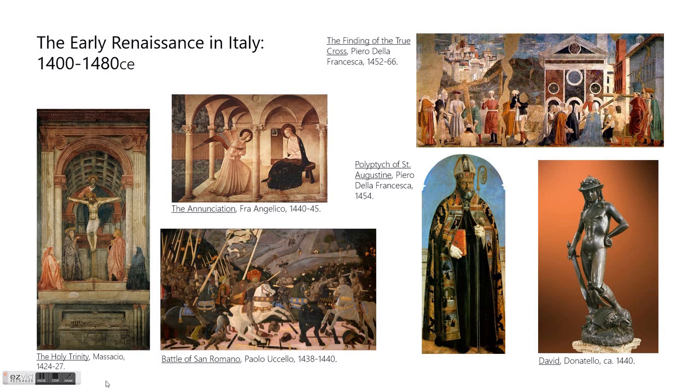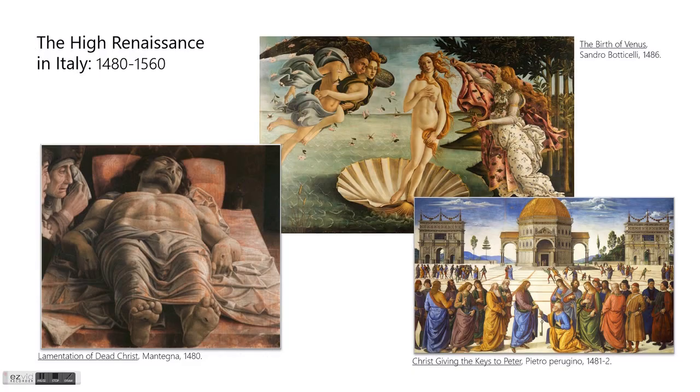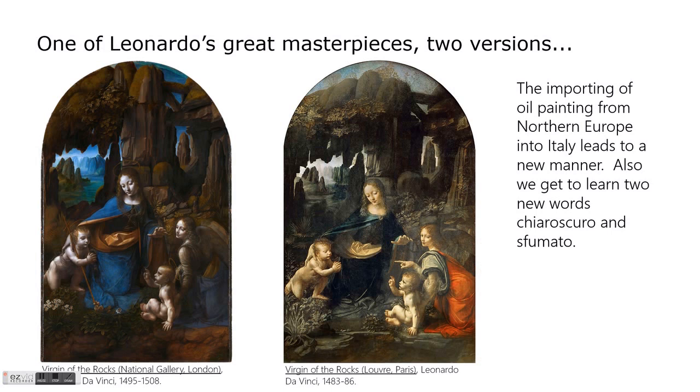Okay, but as I said, this lecture is not going to be about the early Renaissance. It's going to be about three main artists plus one other. So we're talking about the big three, the three of the four turtles. So we're talking about Leonardo, Raphael, Michelangelo, and I'd love to talk a lot about Leonardo, but for right now,